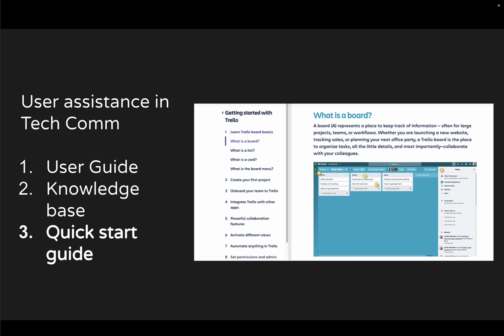the single sourcing project. On the other hand, the knowledge base is a web-based repository or database where users can search keywords and find connections between keywords. And you can think of the knowledge base as similar to the HTML5 output that you created in your single sourcing project. But what we'll be focusing on for this screencasting project is creating what's called a quick